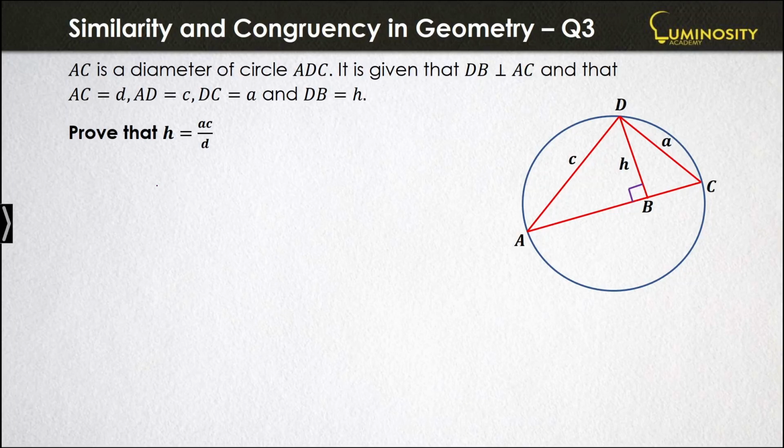Hi, welcome to this question on Euclidean geometry, similarity and congruency. Let's have a look at question 3. We're given AC is a diameter of circle ADC, and we're also told that DB is perpendicular to that diameter